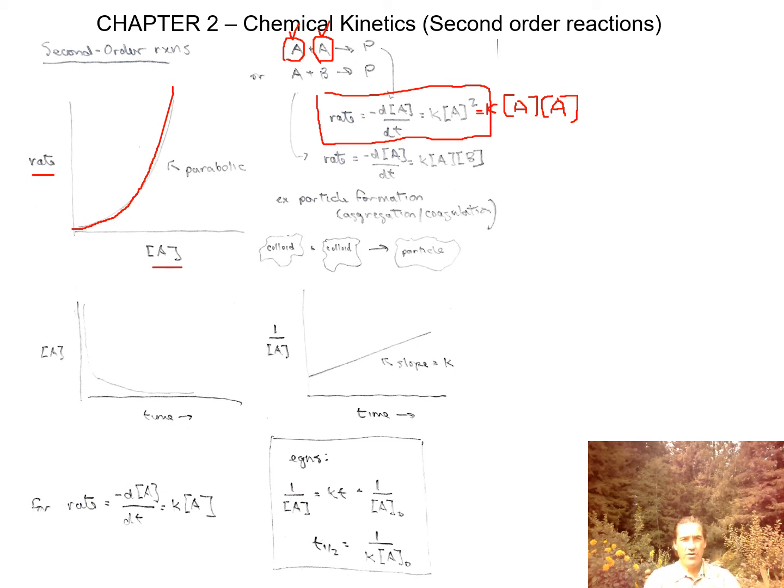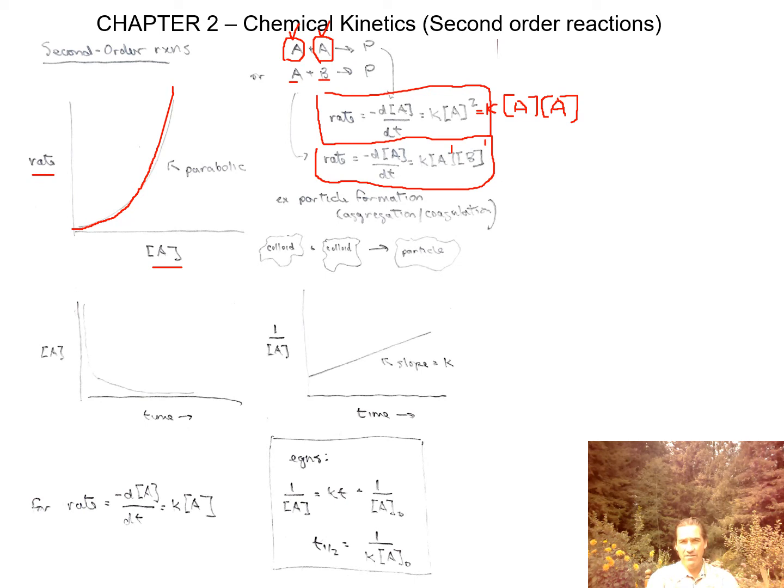We could also say from our generic equation, perhaps the rate is dictated by the concentration of A and B, that the collision between those two is what dictates the rate. Well, then we would write a rate law. It would still be second order because the rate is affected by the concentration of A to the first power, B to the first power. Well, you add these two powers to get the overall. It's first order with respect to A, it's first order with respect to B. The overall